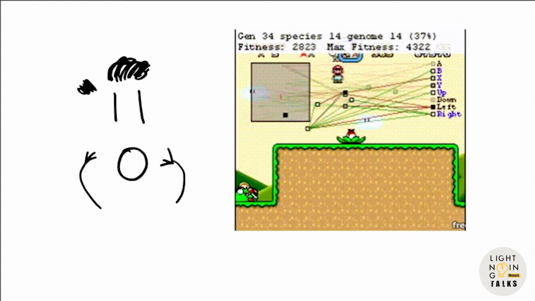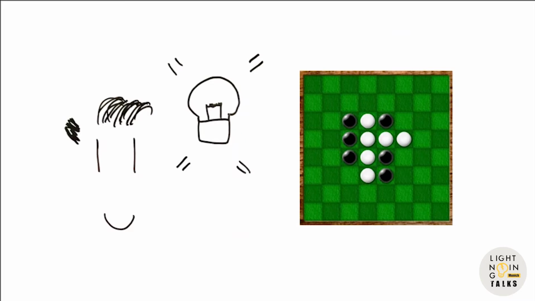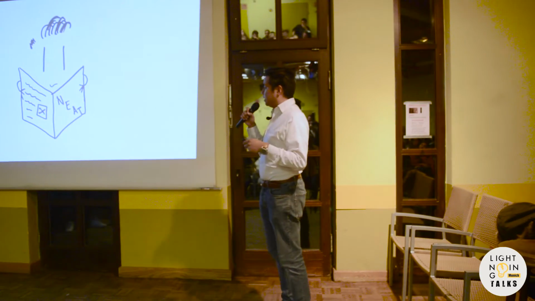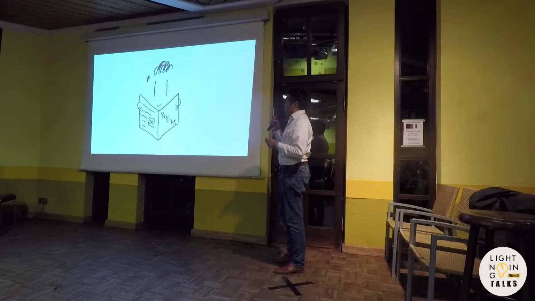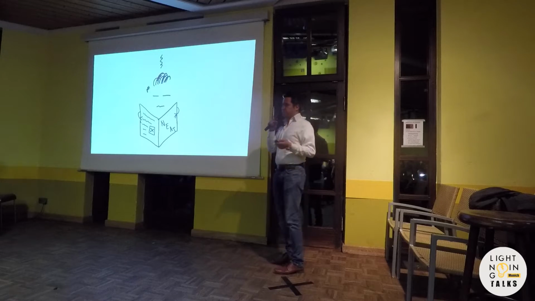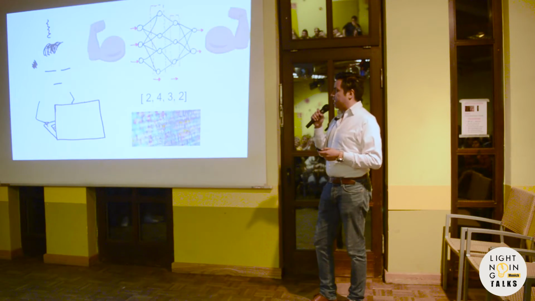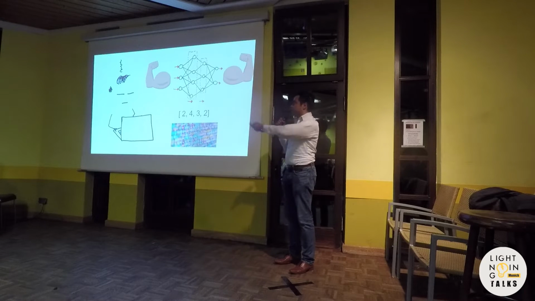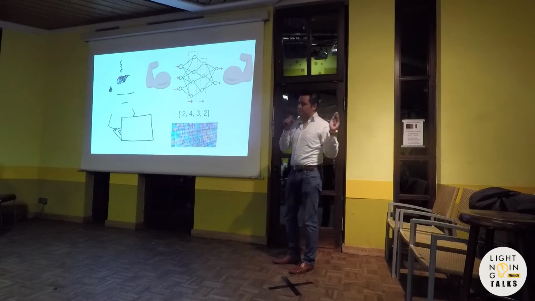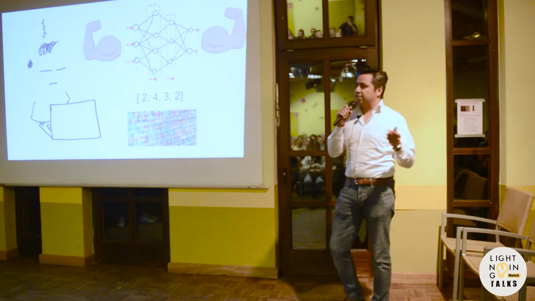Instead of using Super Mario World as I wanted, I chose a simpler game called Othello, a board game, for me to learn how to train the networks. I jumped into the article with the algorithm used to solve this topic. It's called NEAT, and in the end I realized that I couldn't understand anything about the text. Then I went online and was really frustrated, because all the tutorials about neural networks were only about how to use libraries to build them, but I didn't know what a neural network was. So I decided to scrap everything and start from the beginning, from scratch.